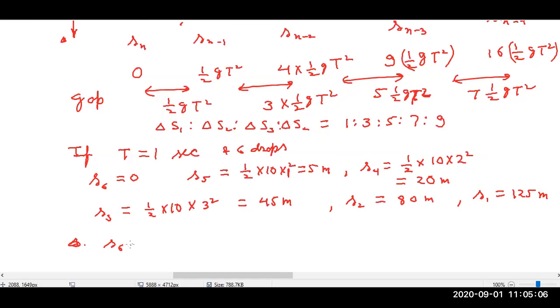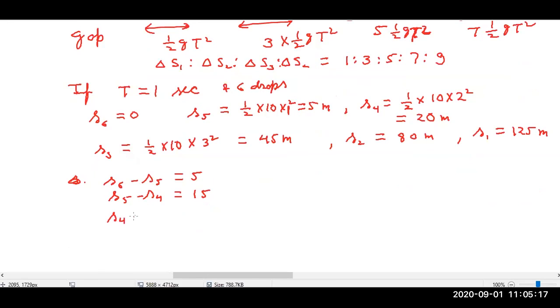So you can have these values like this, and the gaps: S6 minus S5, you can see that is 5. S5 minus S4 is 15. S4 minus S3 is 25. S3 minus S2 is 35. S2 minus S1 is 45 meters. So in this way you can understand the gap is increasing in AP. Okay, so this was the